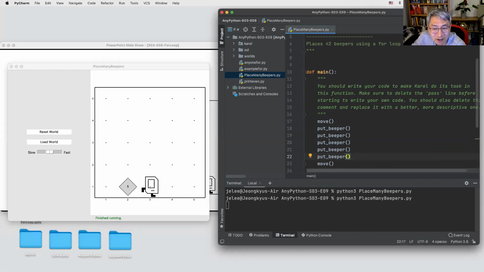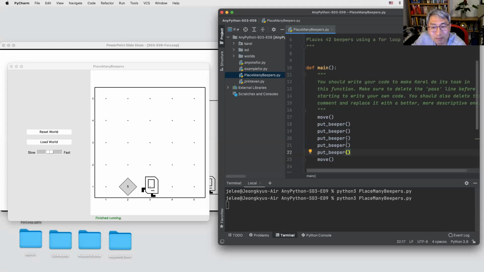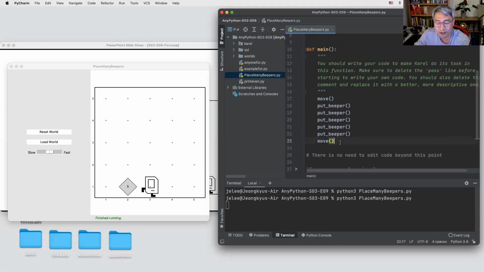So this is the kind of repeated job. So to make it simple, we learned about the decomposition. So why don't we create a function for this? Like put_5_beeper.